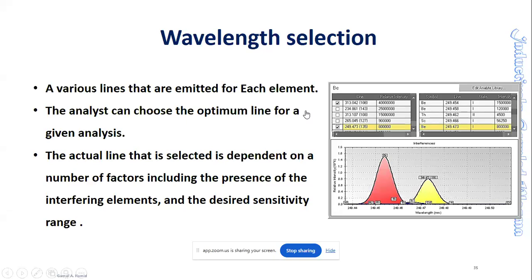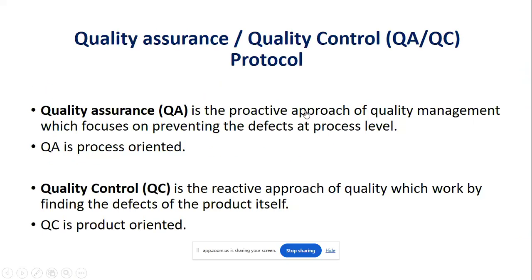Then again, an important aspect is the wavelength selection. We need to select the appropriate wavelength because, as we know, each metal or non-metal has a different wavelength, so we need to select the wavelength. And then, how do we rely on the results that we get? So for that,